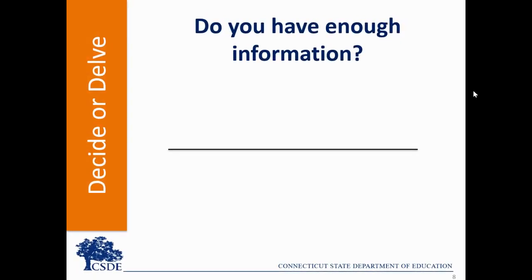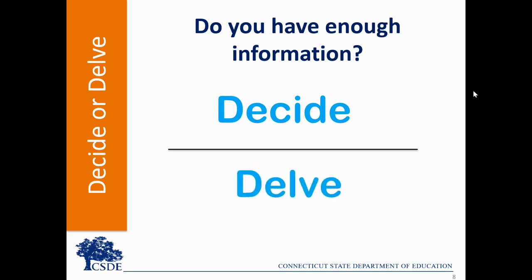Throughout the process of analyzing data, the team should ask if the evidence is telling the complete story. Is the data providing enough information and insights for the team to truly understand the strengths and challenges and their contributing factors? Are you ready to decide? Or does the team need to delve into additional evidence and data in order to truly have an understanding of the actions, the feelings, and the impact of the programs and instruction of the school?